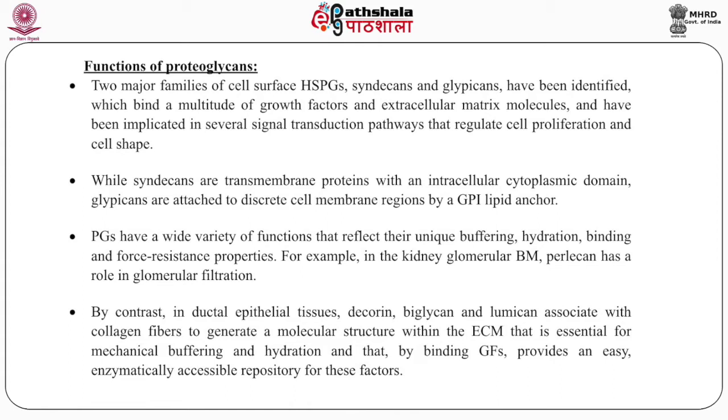Proteoglycans have a wide variety of functions that reflect their unique buffering, hydration binding and force resistance properties. For example, in the kidney glomerulus, perlecan has a role in glomerular filtration. By contrast, in ductal epithelial tissue, decorin, biglycan and lumican associate with collagen fibers to generate a molecular structure